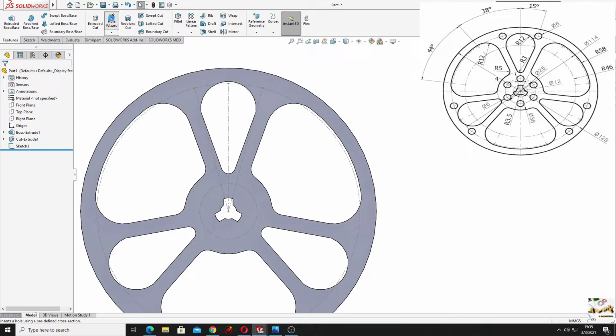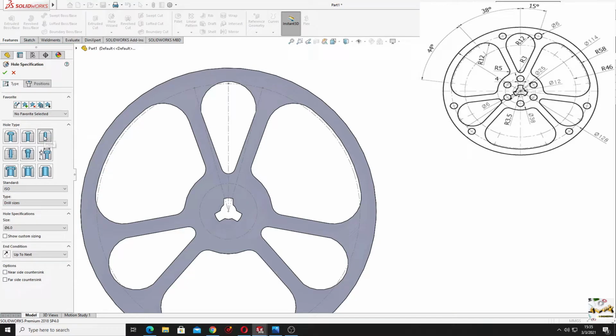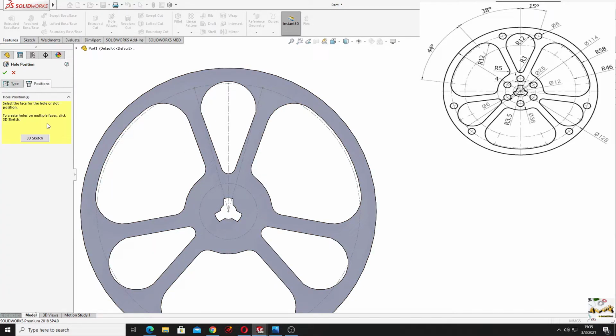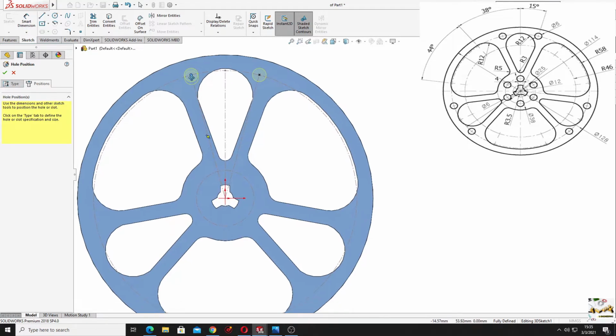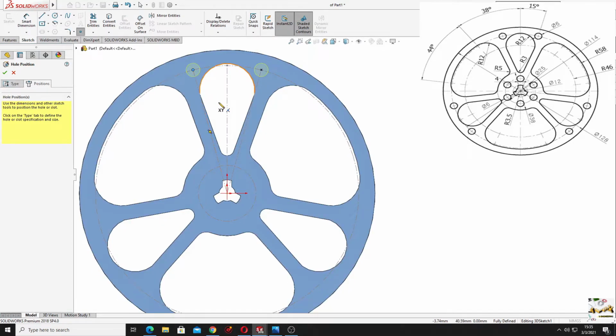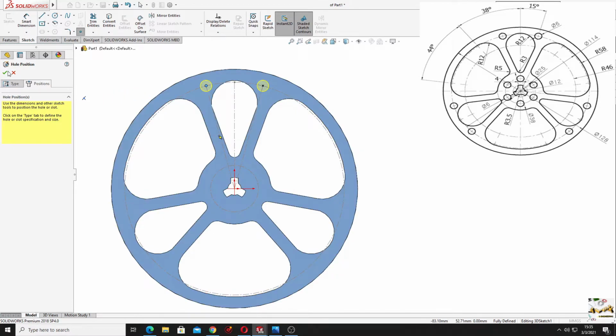Now go to hole wizard. We'll select here hole, drill size, here the size will be 6 millimeters. Here we'll select up to next, or we can keep through all, doesn't really matter. And now we'll go to positions and select here 3D sketch, and now it's very easy to place them. First we'll place these two, and then we'll press here OK, because